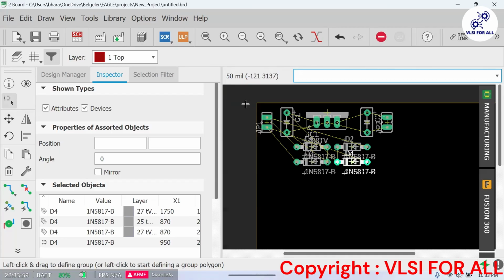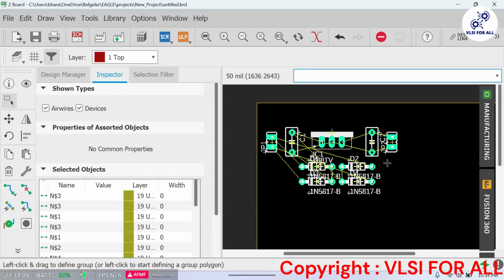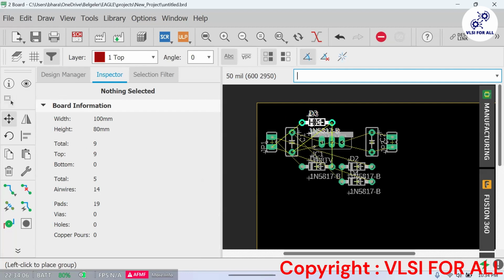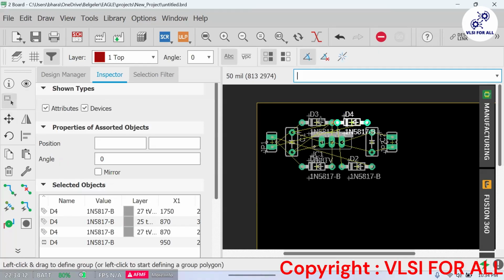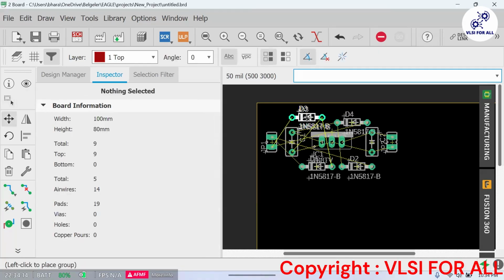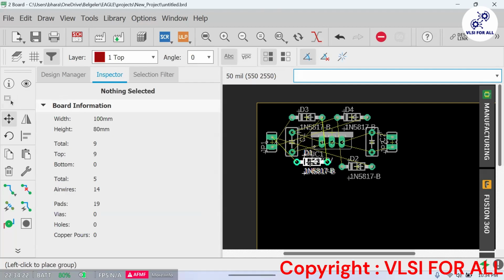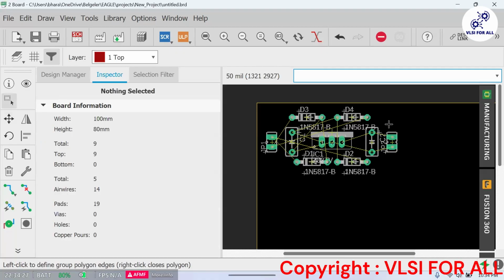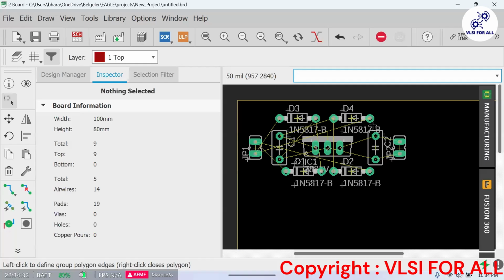Better, what we can do here is bring this one down here. We can take these two diodes from here to here. We can arrange them properly at this level somewhere. Then we can put this one here, and also this guy at this level. So it will make it smoother and more proper. Just look into it, it is looking smoother.